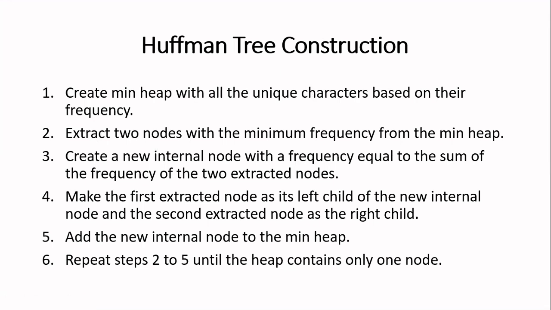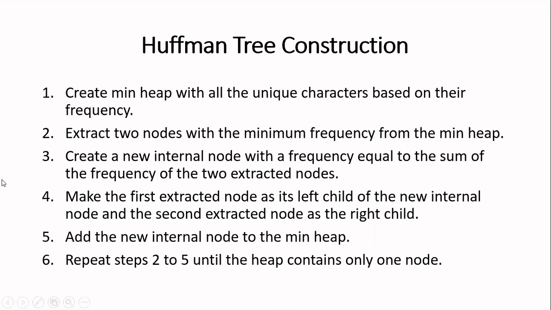Which node can I delete? Always in a min heap or max heap, you can delete only the root node. So I am going to delete two times. When I delete the first time, I'll get the minimum value present in the tree. Once I remove that node, the tree should be reconstructed again. Then the next minimum value will appear as the root node. So I have to call the delete function again to delete that node. After I delete the second node, again I have to reconstruct my tree.